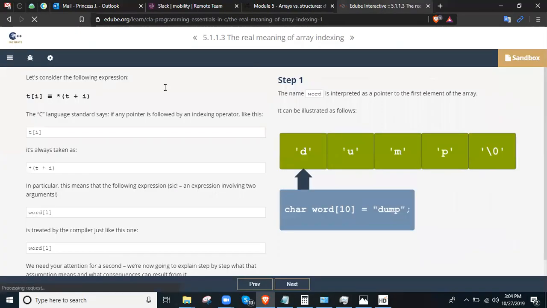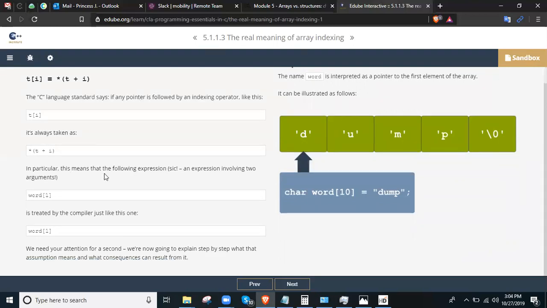So let's consider the following expression. In this expression we have t[i], where t is an array, and it equals *(t + i). The C language standard says that if any pointer is followed by an indexing operator like this, it's always taken as *(t + i). In particular, this means that the following expression, an expression involving two arguments,